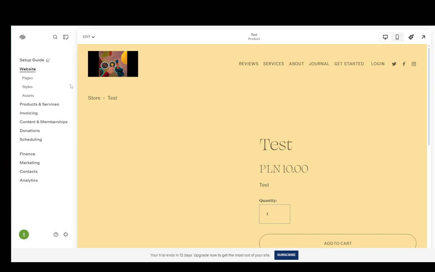In this video, I'm going to be showing you guys how you can create a clothing website on Squarespace. So let's get right into it. Now, to create a clothing website on Squarespace, it's very simple. You just need to create a store, and you just need to add products which are actually clothing pieces to